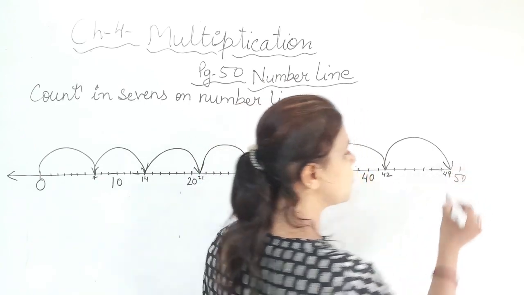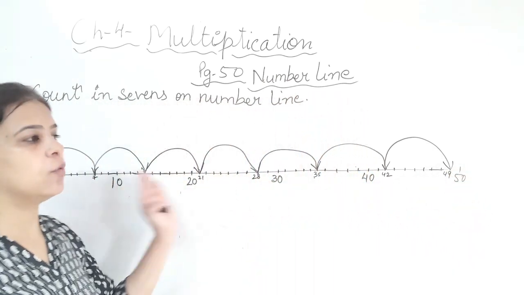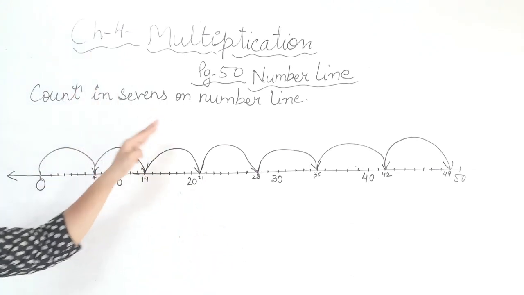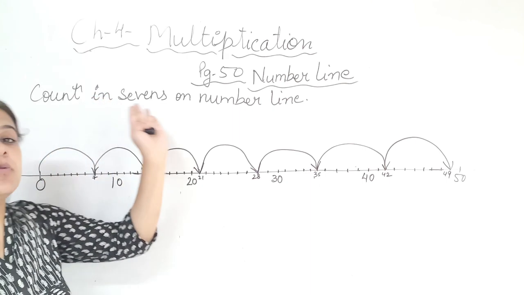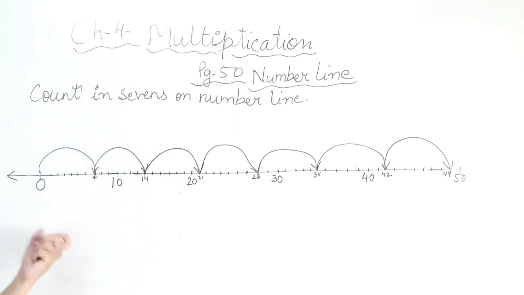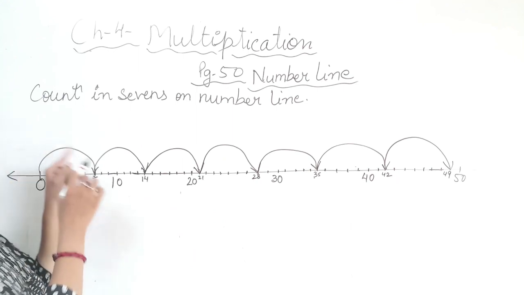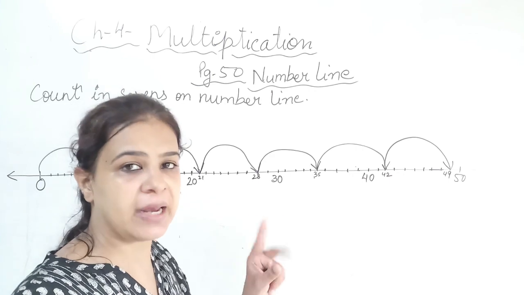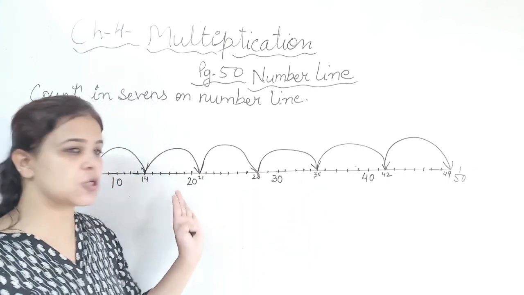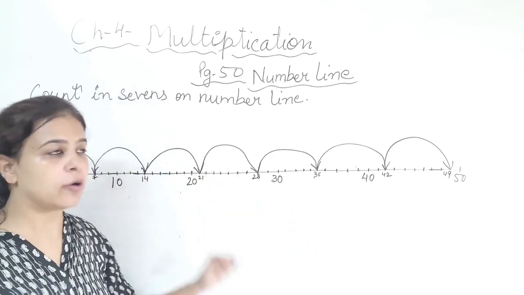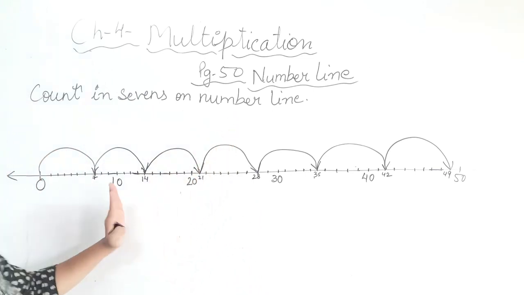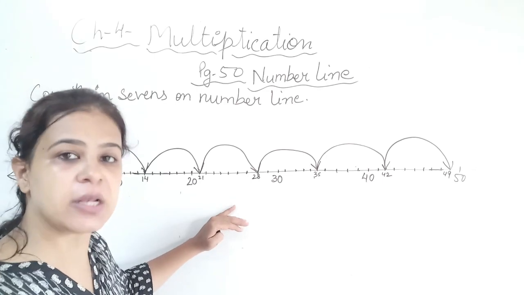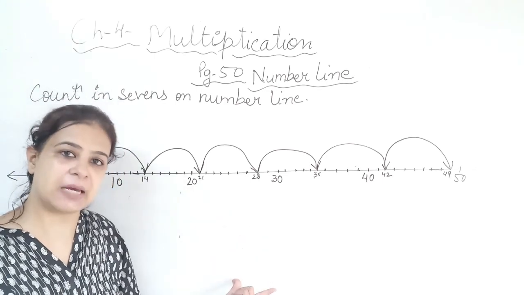Okay children, so this was the 7 times table. In the same way, if I change the number over here and write count in 4s, how many jumps will I take? I will count 4 and then I will jump on 4. Then after counting 4, means 5, 6, 7, 8, I will stop my jumping on 8. Okay, so in the same way we will do this multiplication on the number line in your maths time book, children.